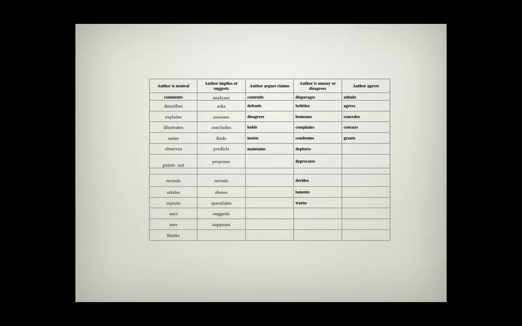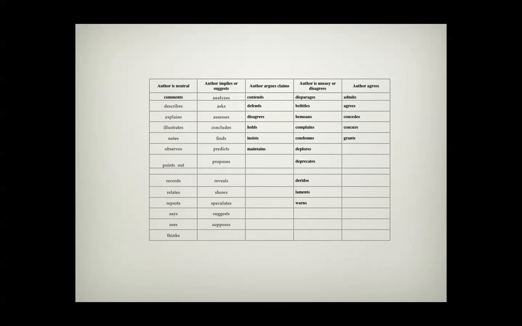This, again, is the chart that I was referencing to help you use different verbs to vary your sentence structure and the way you introduce your information. So you might want to download this PowerPoint. I will save it as a PDF and include it so that you can access this list and use it.